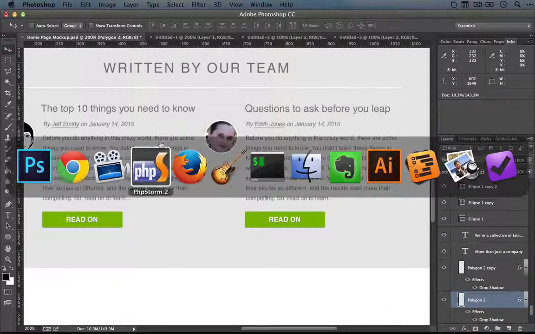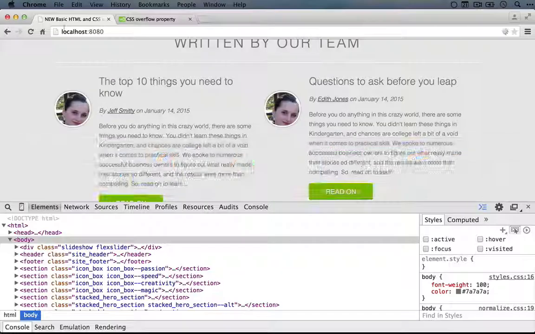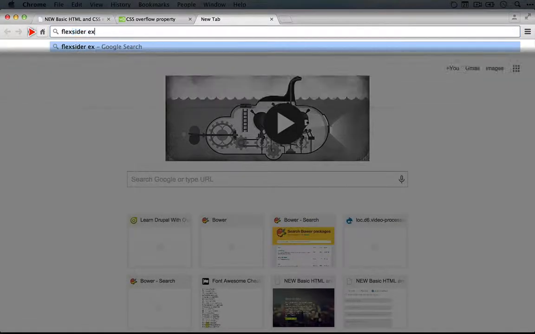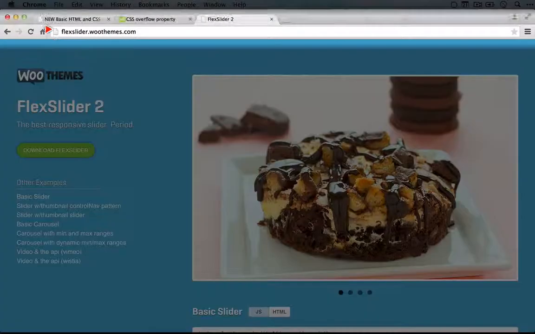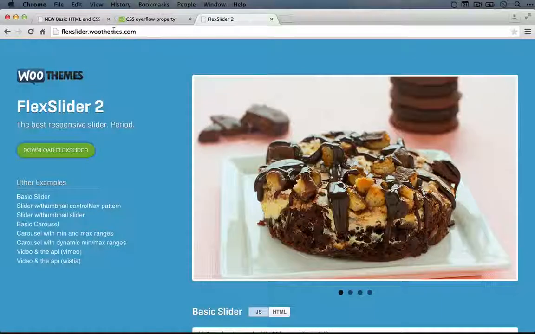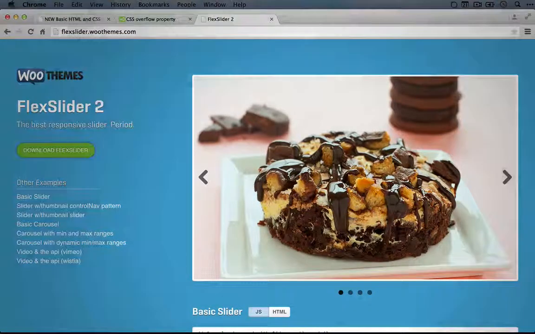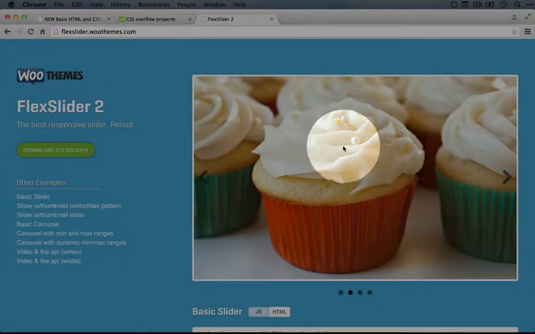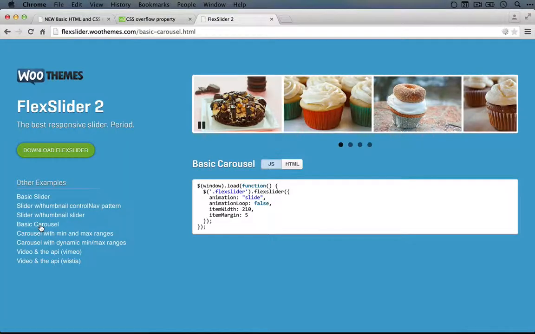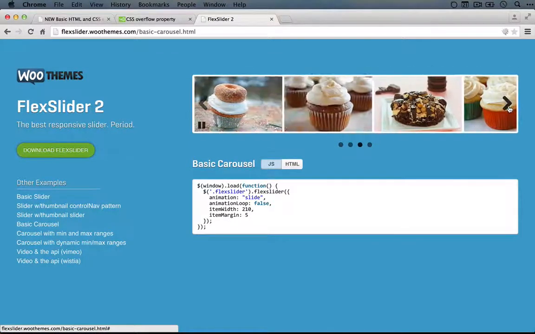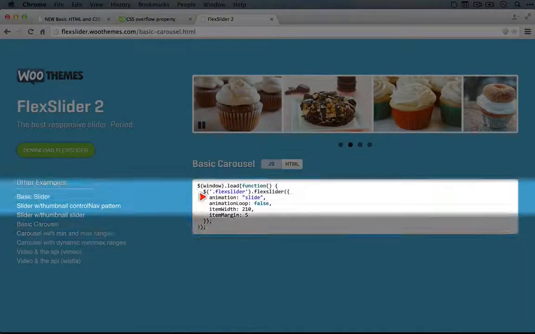So let's find an example of Flex Slider that is somewhat similar to this so we can see the configuration for it. I'm going to do a search for Flex Slider examples, and I'll go to the first result, flexslider.woothemes.com. The one that we have at the top is similar to this, where we have just one item showing at a time. But what we want is something called a carousel, where we have multiple items displaying and we can go forward and back through them. Here are some default options for this.